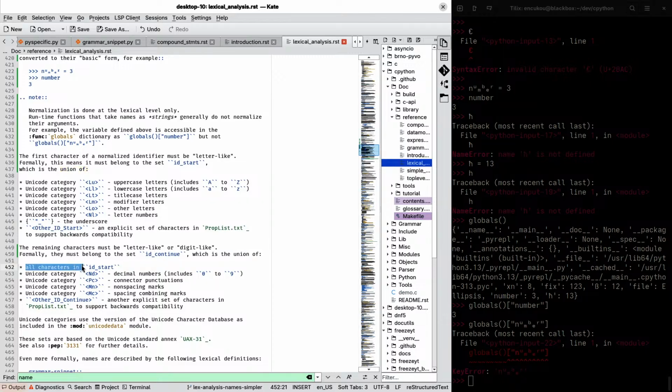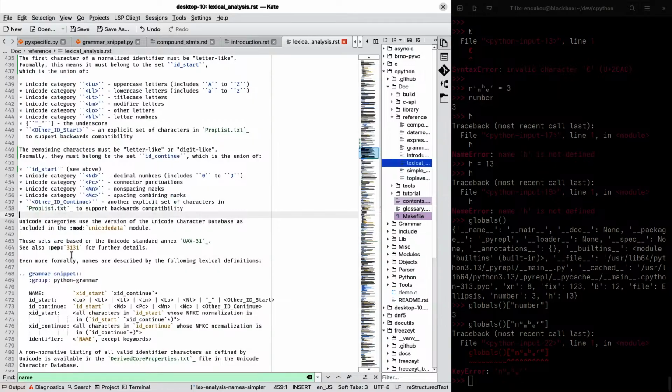So all characters in ID start, DB, CM, and MC. There.